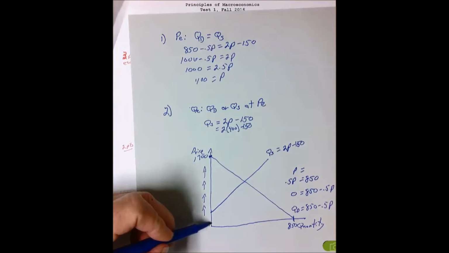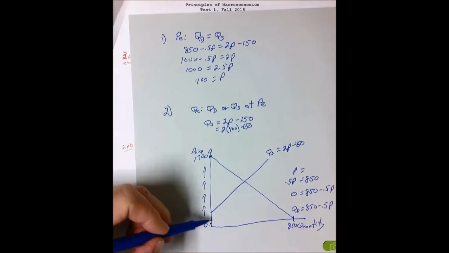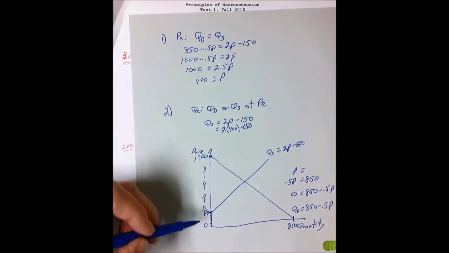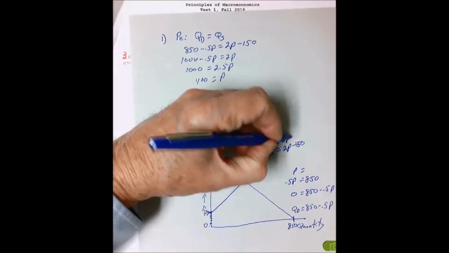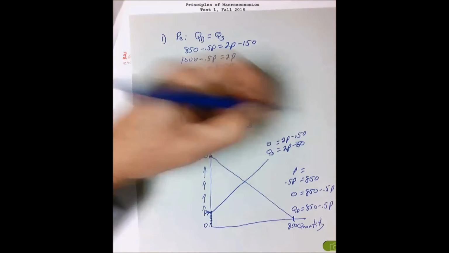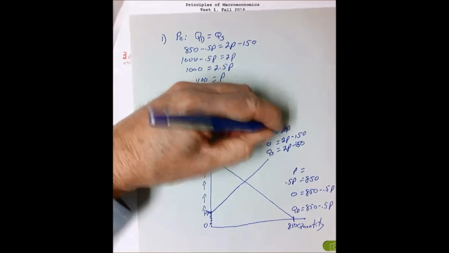When the price is 1 cent, they won't make any. At $1, they won't make any. But sooner or later, they will come into the market when we get right there. So the way you find that place is you set the quantity supplied equal to 0, and you just solve for the price that would go with that. So adding 150 to both sides, and then dividing through by 2, I get a price of